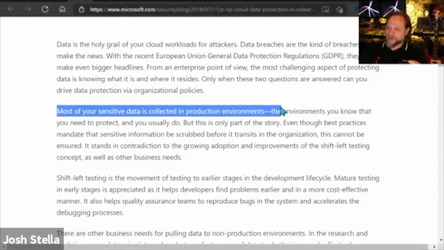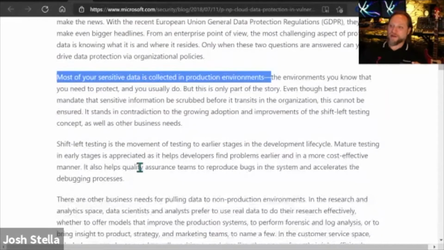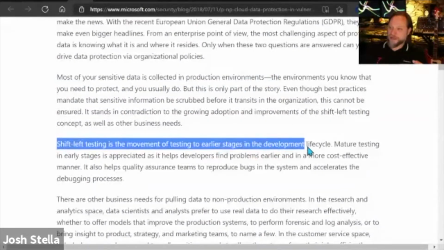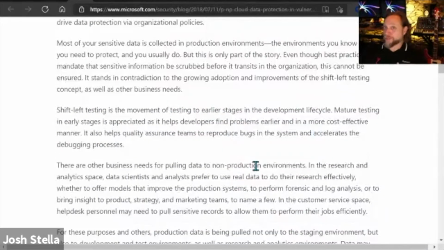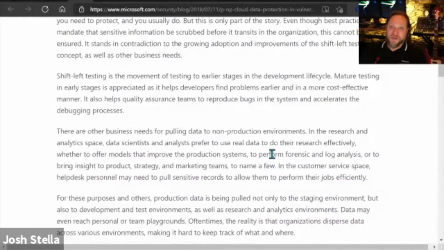Most of your sensitive data is in production environments, the environments you need to protect and usually do. But shift left testing is movement of testing to earlier stages in the development cycle. Well, to do testing, you probably need very realistic data. And what very realistic data means is probably real data in many cases. Now, I've built systems where we could touch no real data.